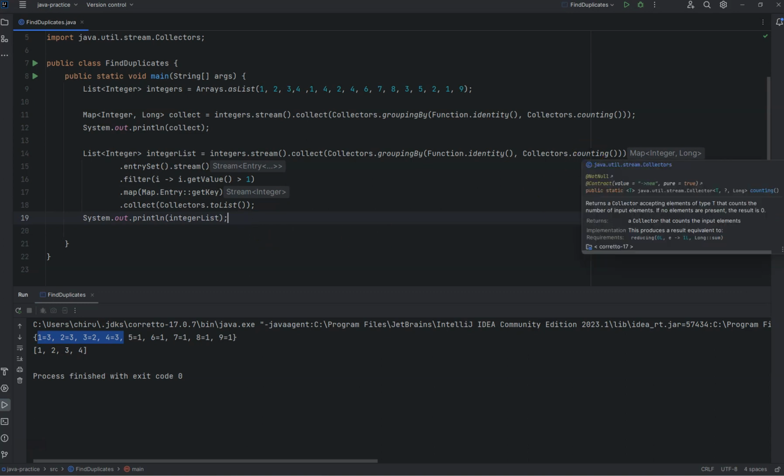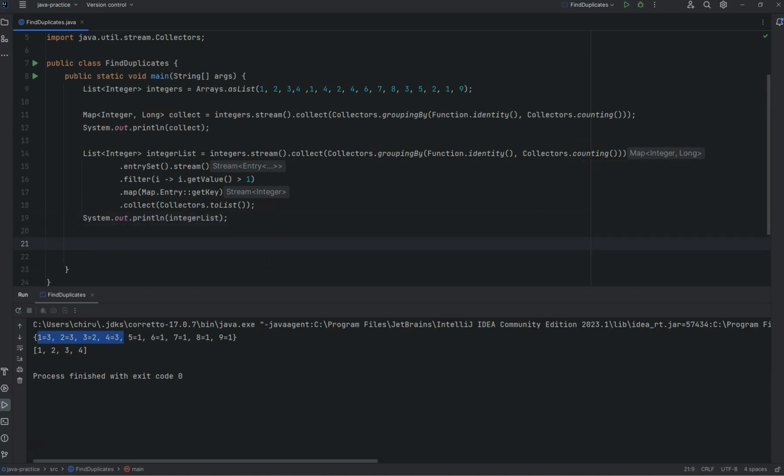Okay, this is one approach, and the other approach is using